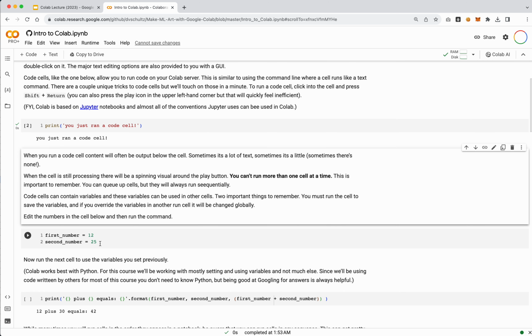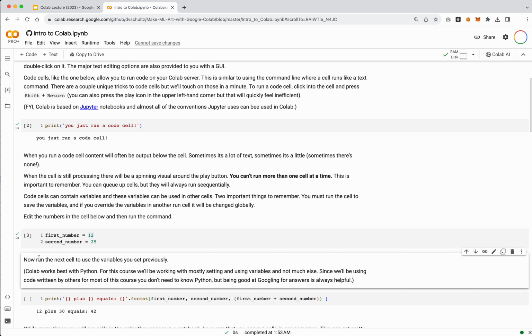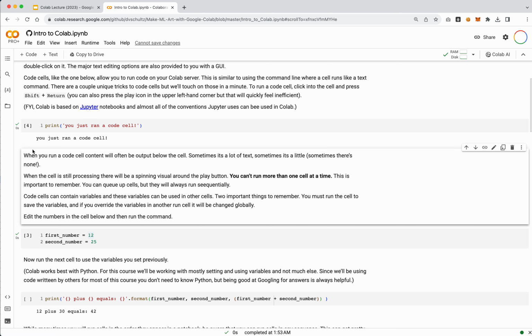Now if I go down here, I'm just going to set some variables, a variable named first underscore number and a variable named second underscore number. Again, don't worry if this doesn't mean anything to you. And I'm going to run this cell. And now if I click away, you'll see that's 3. Now if I go back up here and I click on this again, and I click away, you'll see it says 4. So this gives you the order of operations. Maybe when I'm talking through stuff, I might forget to say, hey, I ran this cell, in which case you might just want to look to see if there's a green check mark next to anything.